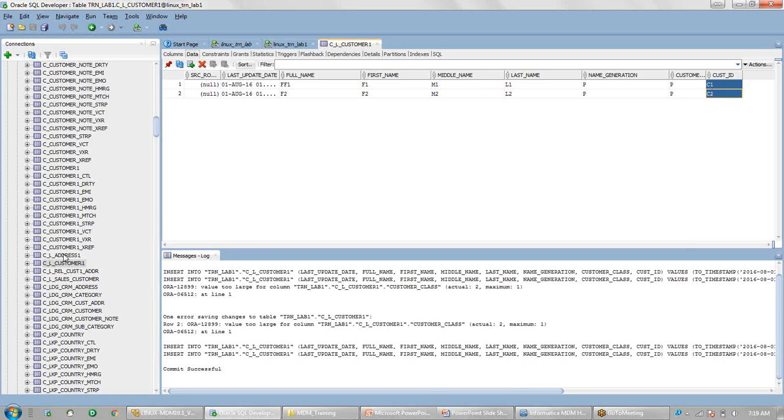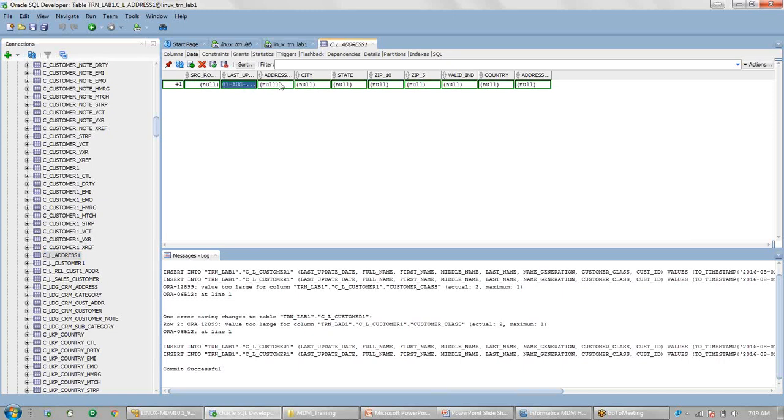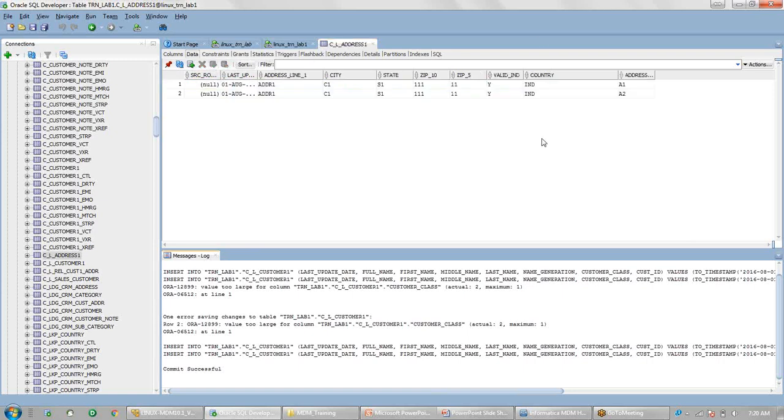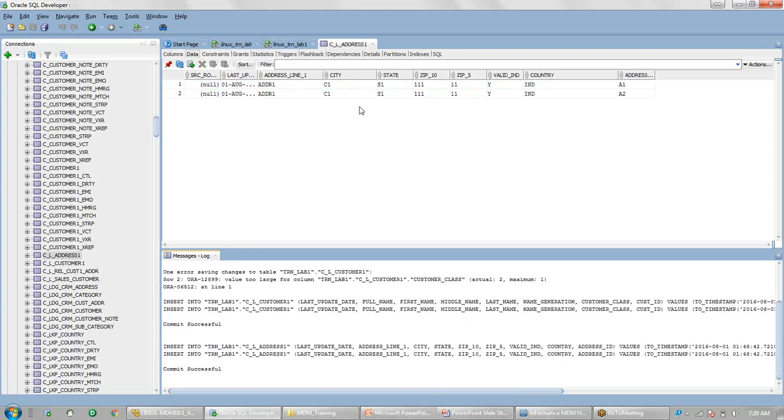Similarly, my address landing table. I have just copied everything, and this is the primary key I am using, address ID.